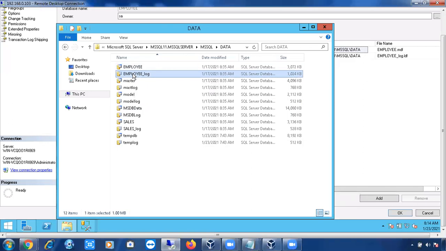So not only user databases, it will check the other system databases as well, like model database, MSDB database and TempDB database. These are very important system databases. If these system databases are not available or not online, your SQL Server will not start.